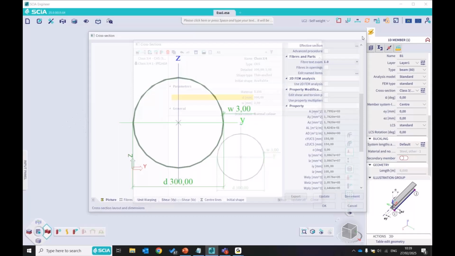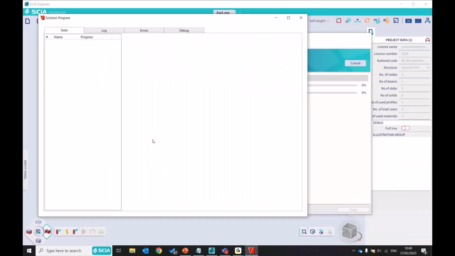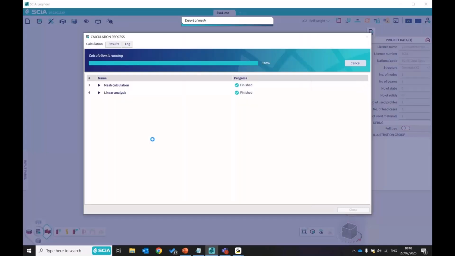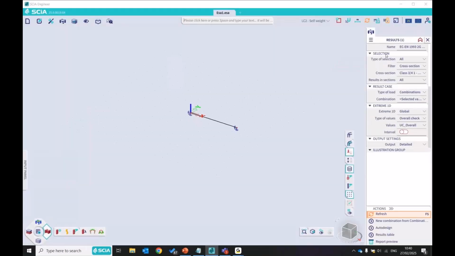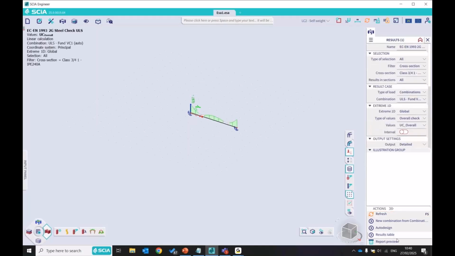And yeah, you've seen that there's quite a lot of changes to the code, but actually if you're a SCIA Engineer user, you will not need to worry about it that much. If you run now the check for 2nd gen, of course, all of these changes will be in there. And if you are curious to see why these values are different from 1st gen or 2nd gen, we will still have the detailed output with the tables and the formulas. So if you run the check and we open our report preview,